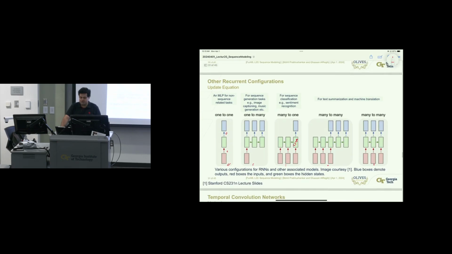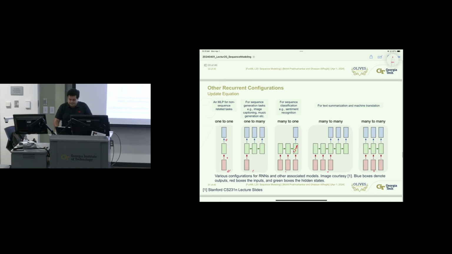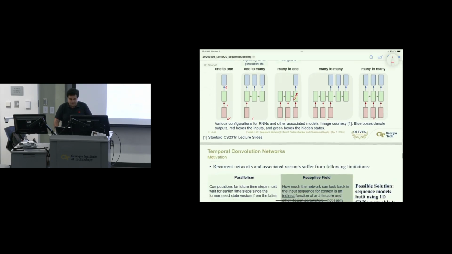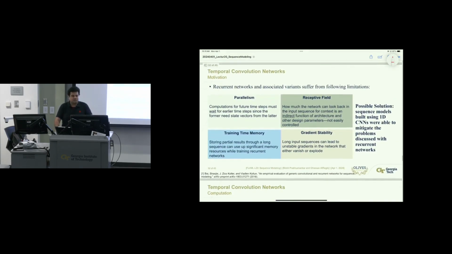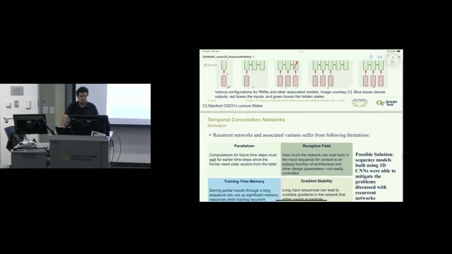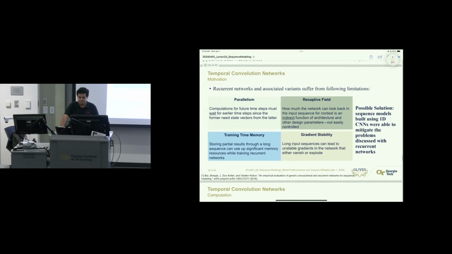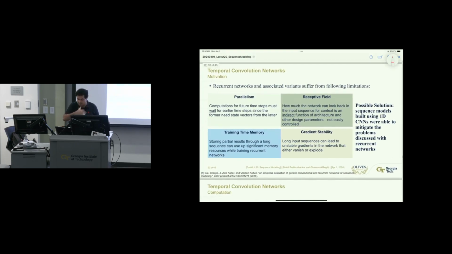We won't go through all of them, of course, but this is just one set of possible ways of designing RNNs. Any questions? Next, we'll move on to something called convolutional networks, or temporal convolutional networks. Before that, if anybody has any questions on RNNs, we can take that and then move on. All right,